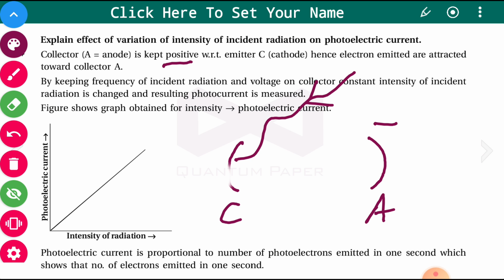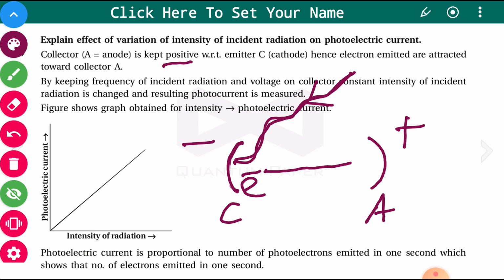Say for example, you are keeping this positive, and the cathode on which the radiation is incident is kept negative. Now what will happen, electrons are emitted, that is photoelectrons are emitted,